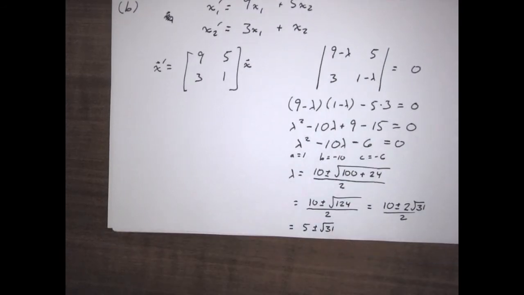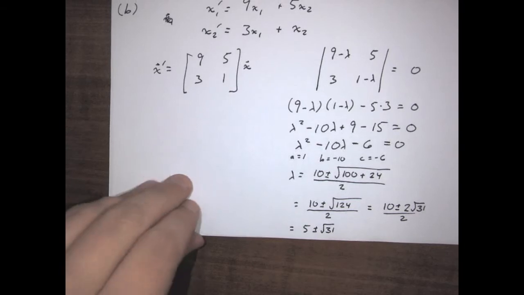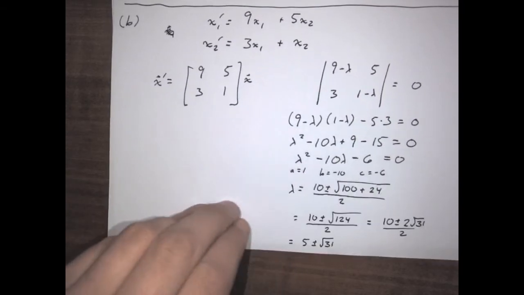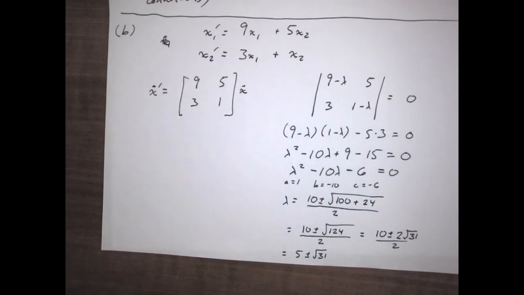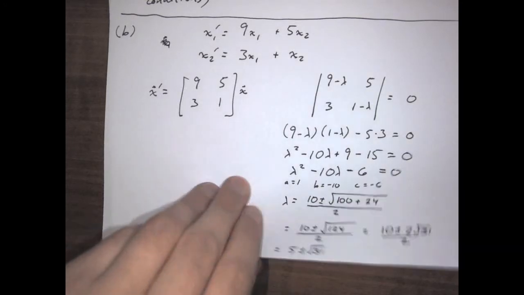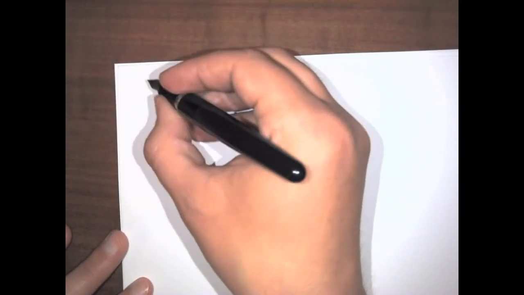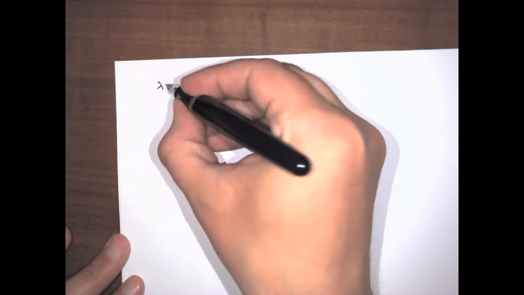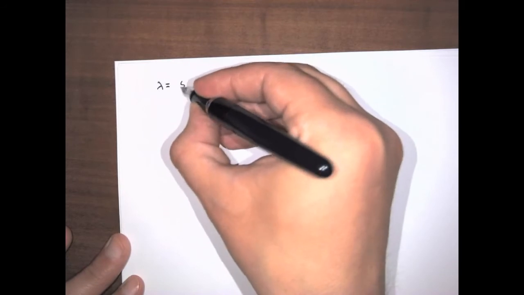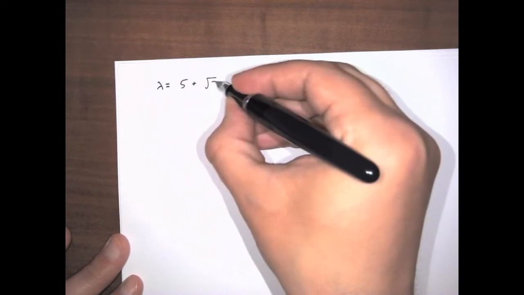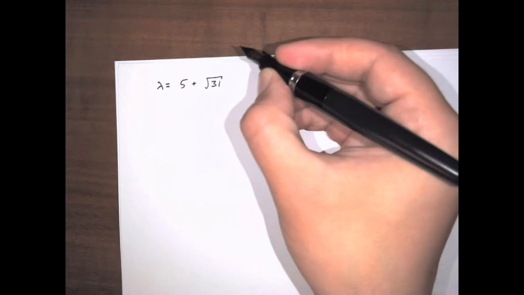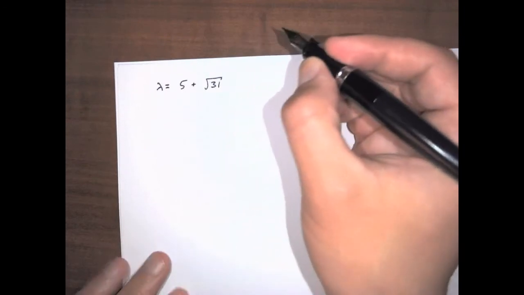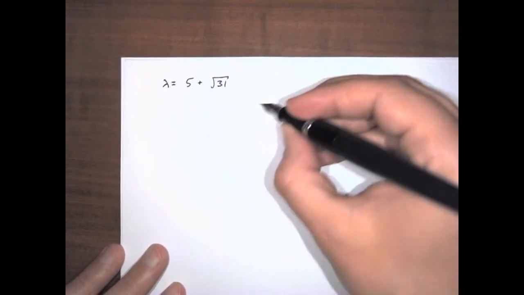Now, if you want, you could write this as a decimal, or you can leave it in its exact form. Personally, my preference is slightly inclined towards the exact form. This is, after all, a math class, and that's just sort of the custom of our folk. But it's up to you. So lambda equals 5 plus the square root of 31 for one thing, and 5 minus the square root of 31 for another. Then we just need to find any non-zero solution to